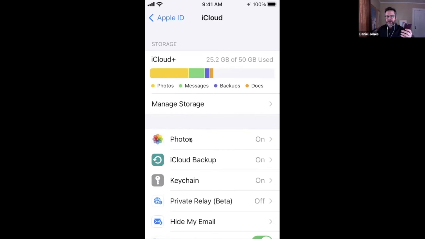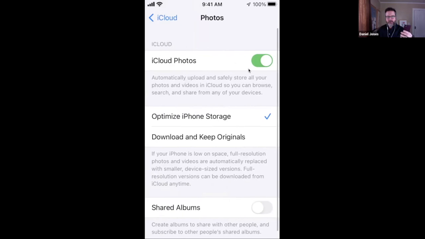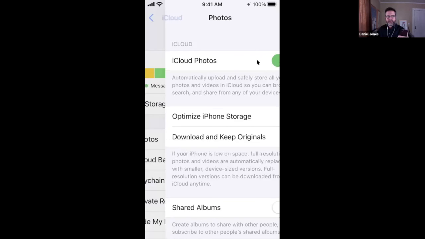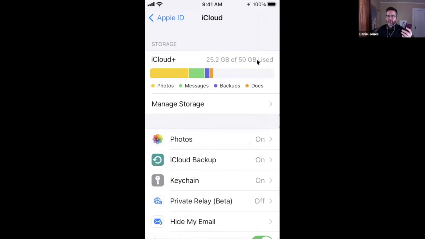If I want to see if my photographs are being backed up, I tap on Photos, and then it says right here, iCloud Photos, and I have it turned on because it's green. And it says right here, automatically upload and safely store all your photos and videos in iCloud so you can browse, search, and share from any of your devices. So with that green button turned on, that tells me that all my photos are backed up into my iCloud